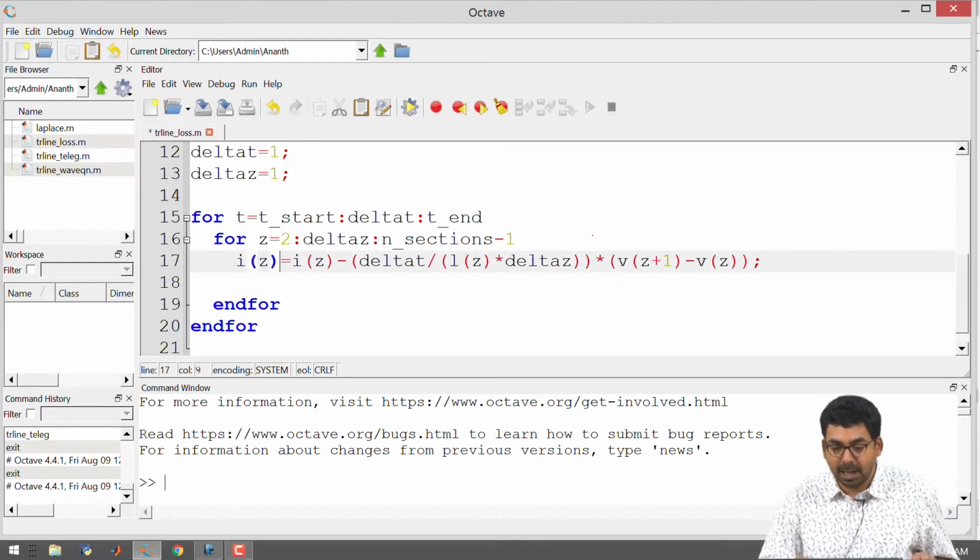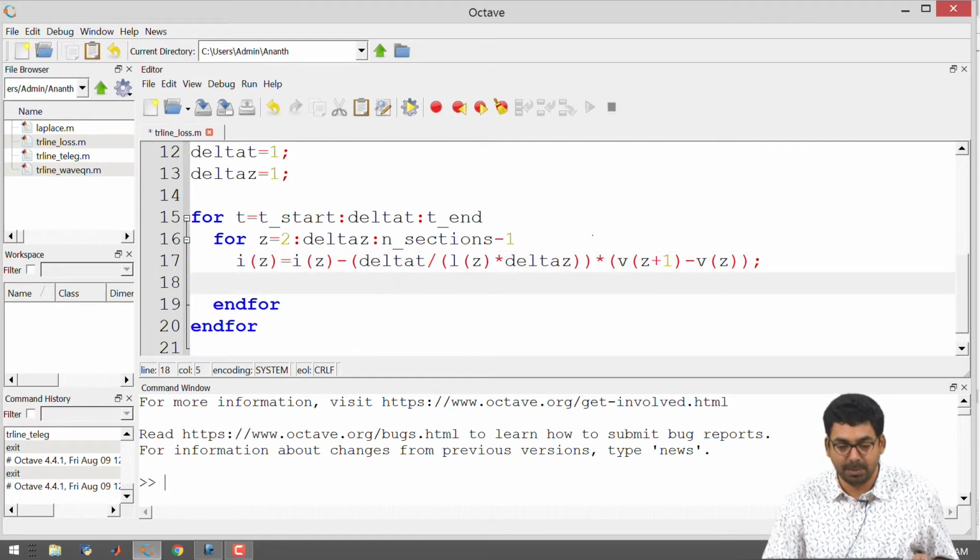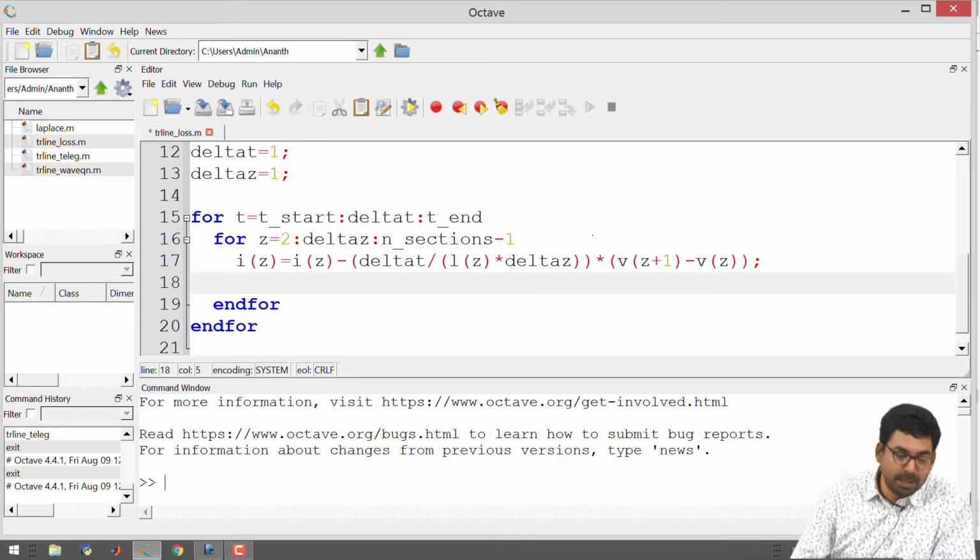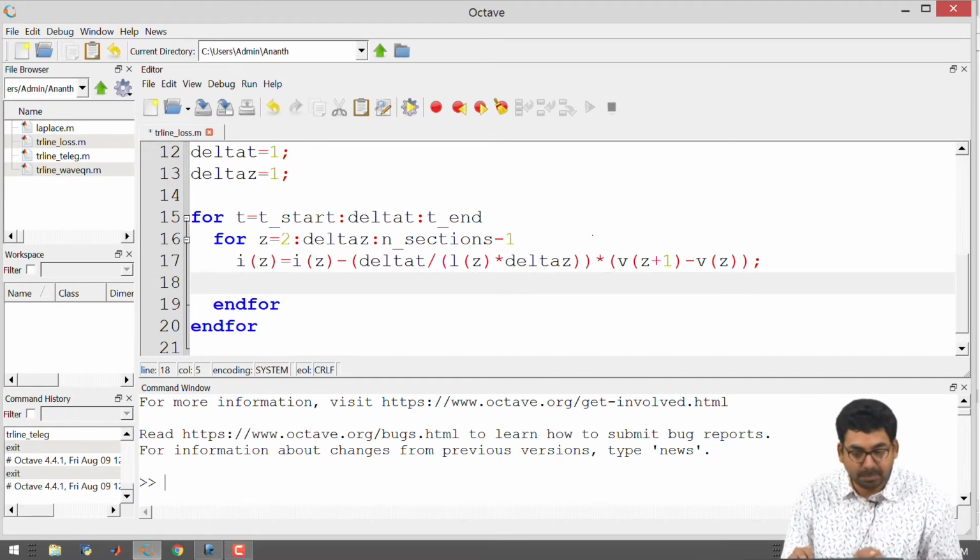The only change that I have made with respect to the prior program is I have made this to be L of z. Previously we had a fixed value of L or fixed value of C. I have just changed it to reflect that we are going to deal with some spatial information. Similarly, we had an update equation for the voltage.